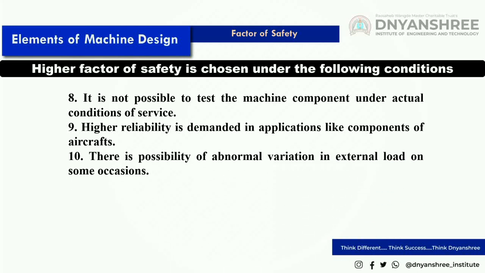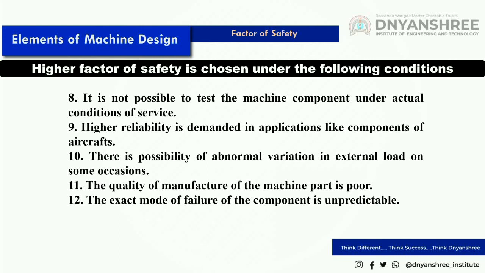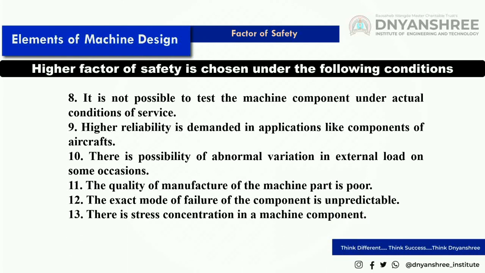There is possibility of abnormal variation in external load on some occasions. In that case, you should select a higher factor of safety. And if the quality of manufacture of the machine part is poor, you should select a higher factor of safety. If the exact mode of failure of the component is unpredictable, then you should select a higher factor of safety. And if there is stress concentration in the machine component, you should select a higher factor of safety. So what is stress concentration? That concept will be explained in